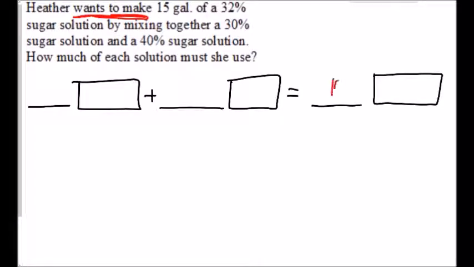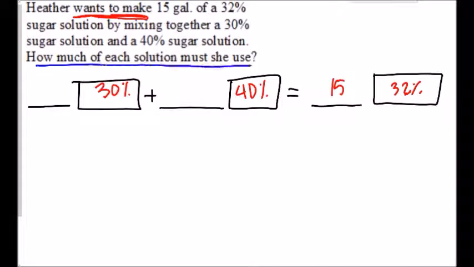So we want 15 gallons of a 32% solution by mixing together a 30% sugar solution and a 40% sugar solution. The essential question is how much of each solution should she use? So we're looking for 2 different amounts,